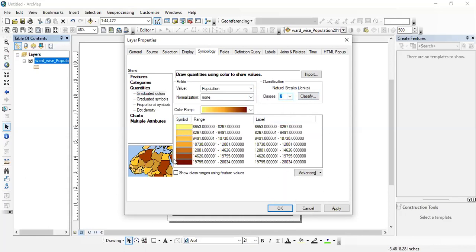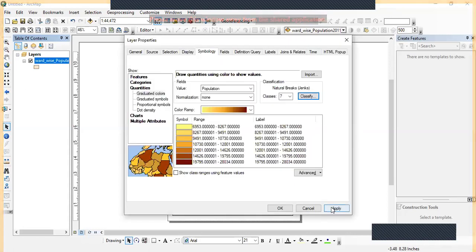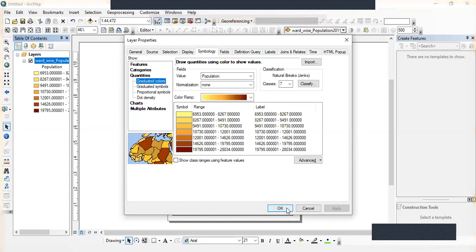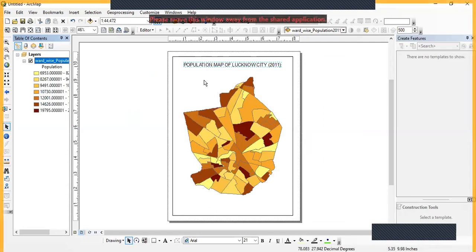I'm going to keep this as it is, but you can also classify them according to your need or the classes you want to give. Then apply and OK. So here we got the map, population map of Lucknow.